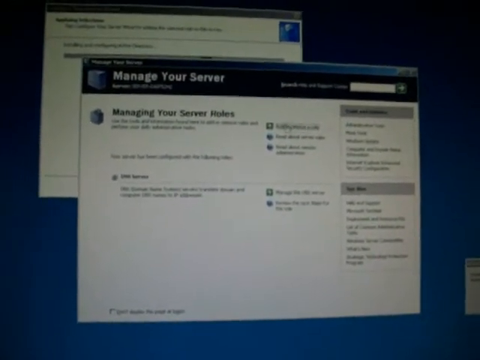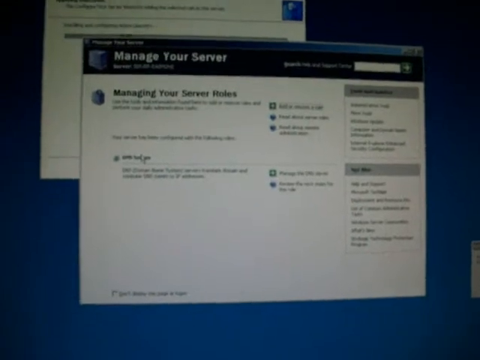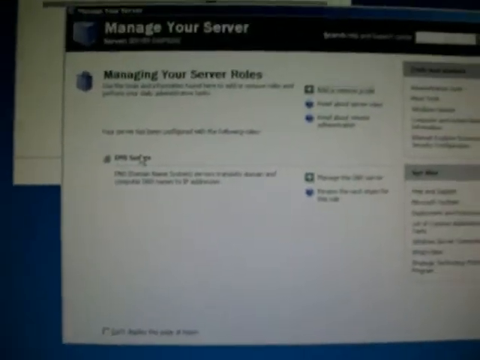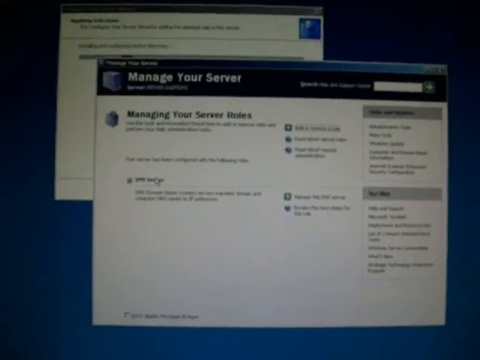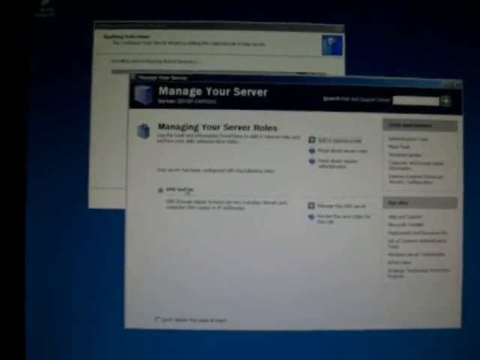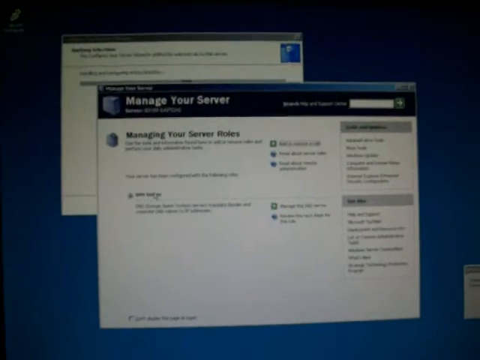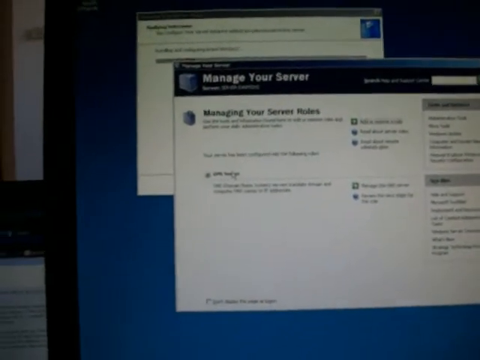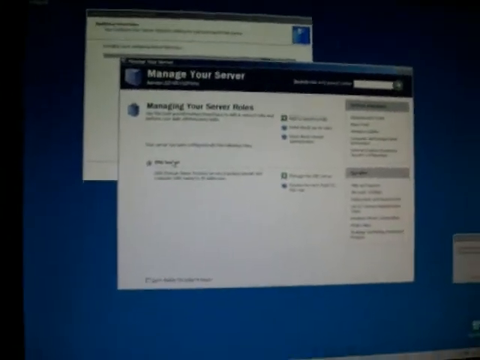Within that one, when you hit add a role and hit Active Directory, it'll ask you to set up the name of your domain that you want. Mine's gonna be beta.house because that's what my Wi-Fi is called. Figure it's pretty easy to remember. So basically we're getting there, we're going. Alright,